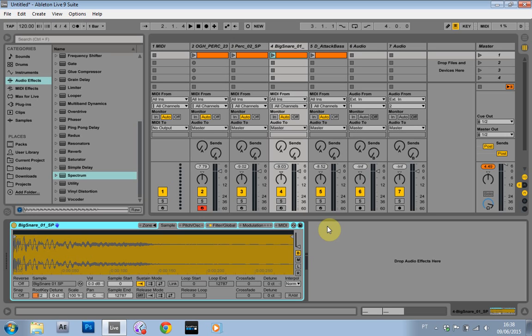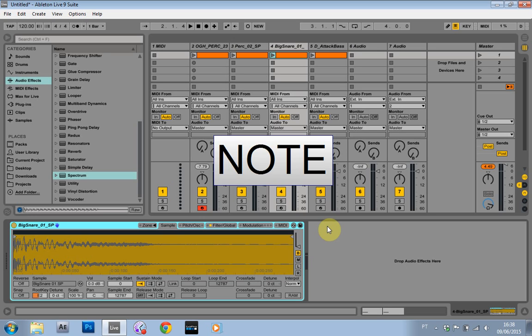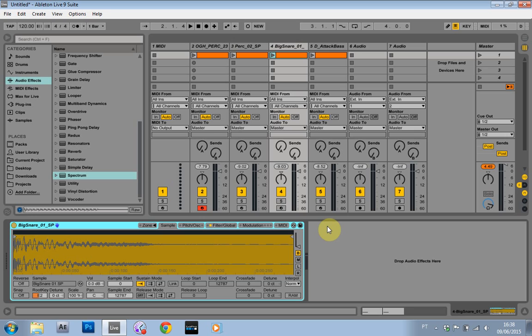Welcome to a quick Ableton Live tip, and this is on finding the key and tuning percussion or synth hits or anything you want. We can find the key, we can put it in a sampler and make sure it's tuned and ready to go, so when we get into making our track, we don't have to worry about it. The main point here, though, is finding the key of percussion or finding the key of a synth hit that